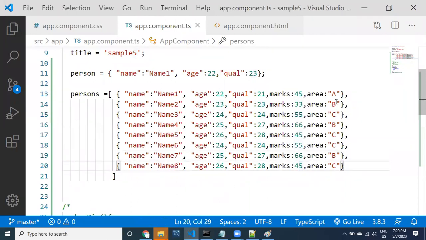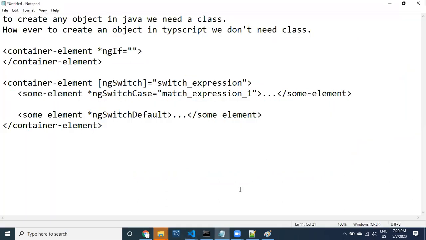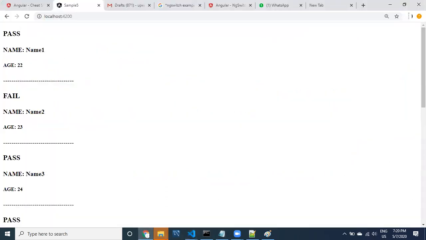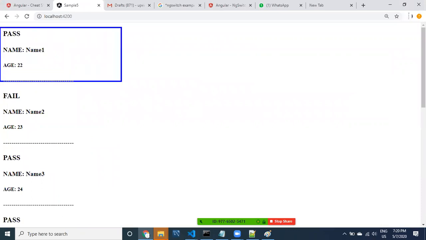Now, if area A I want to display in red color, if it is B, orange color, if it is C, green color. Any person coming from area A, around that div we are displaying, the border should be red color, or green color, or orange color.